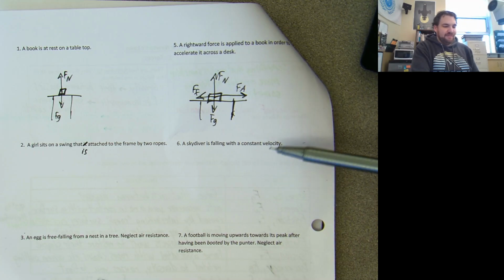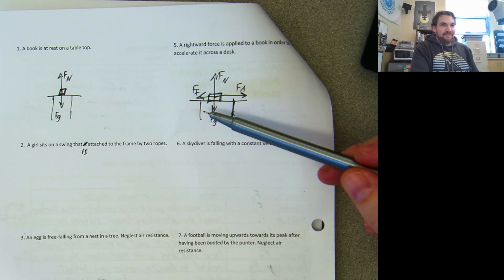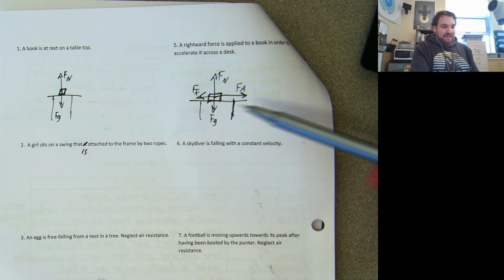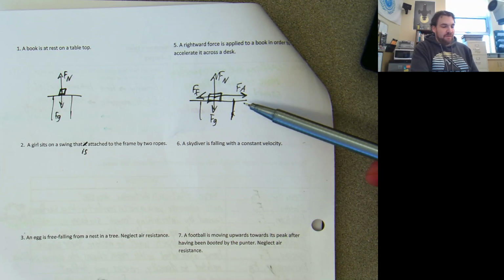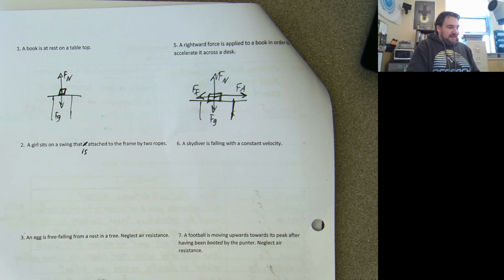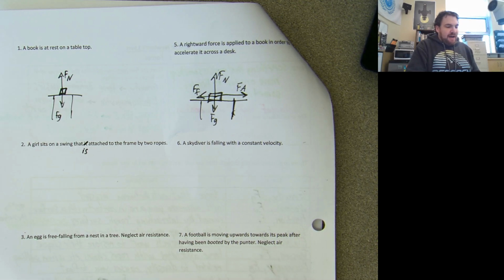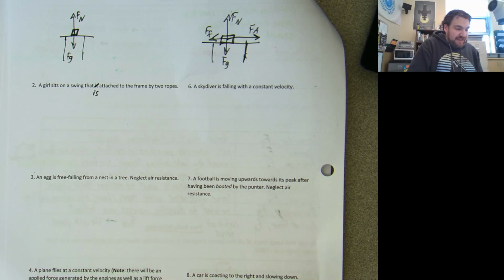Draw the things. Friction and the FA, the applied force, whatever it is. Okay, that's the free body diagram. Love it. Number 2: a girl sits on a swing that is attached to the frame by